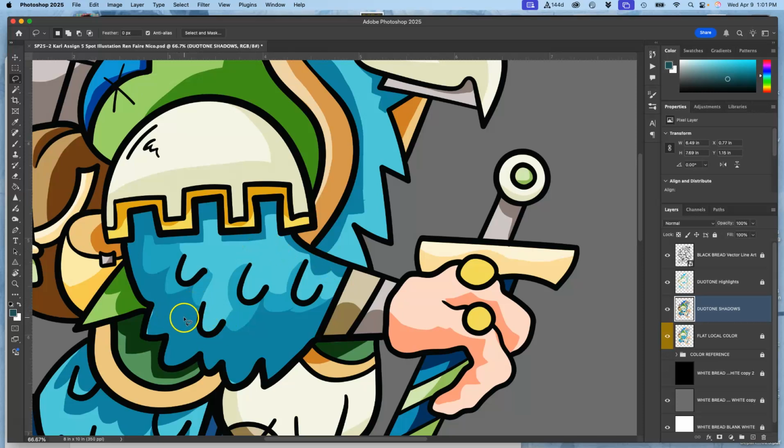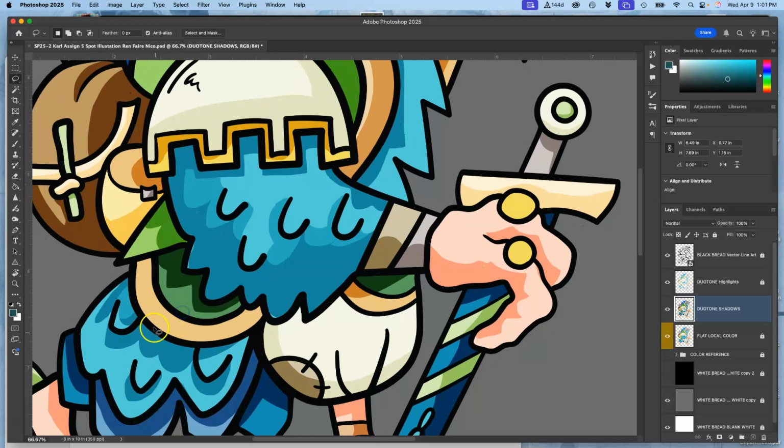So duotone doesn't mean 2. Duotone means split into light and dark. So I can do this with hard edges in as many steps as I want between the lightest color blue and the darkest color blue on the wing. So now I'm cutting out from that darker shadow and revealing kind of a middle tone, which is my local color. And I don't know that I need that everywhere. I probably don't, right? But in places where I think I could use a little bit more texture,